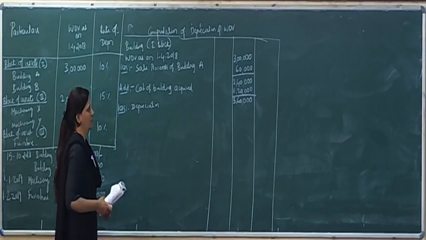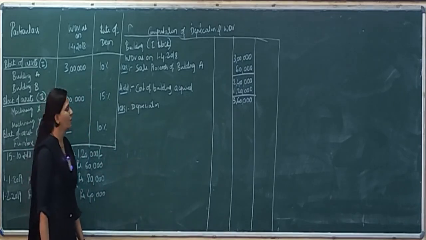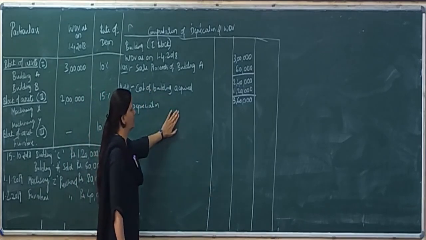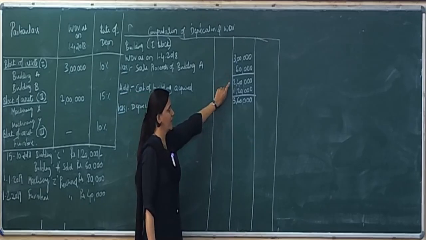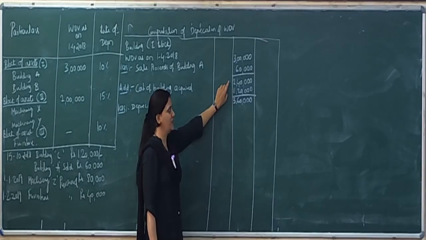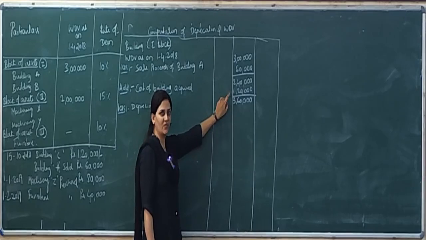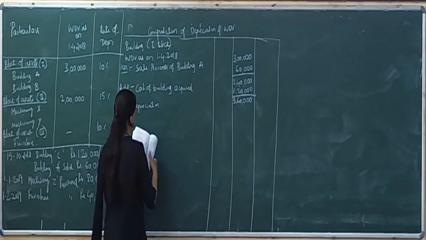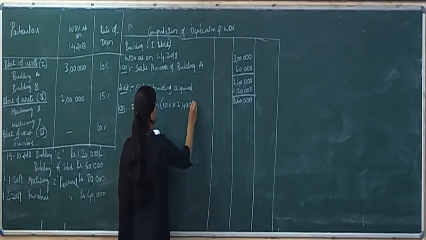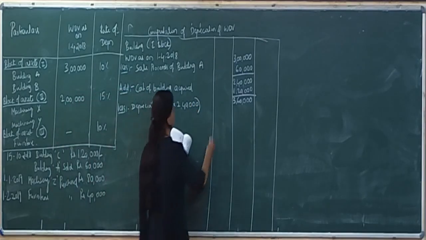On each purchase we are going to charge the depreciation. Before acquiring this particular building, the first building, the sale proceeds were deducted and the total amount comes to 2,40,000. On this we charge the depreciation, this being the first building. Then we purchased another building of rupees 1,20,000. So 10% of 2,40,000 comes to 24,000.